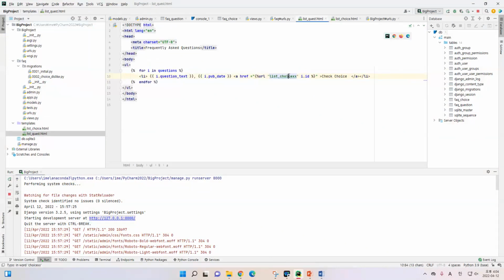So I have the name same with the one that I wrote in the path. Now I would like to call the ID. i is the object, and then ID is the ID of the respective object. And then I put the check noise as the text. So whenever I show this one, it will go to the link, and this link is the list choice XX,